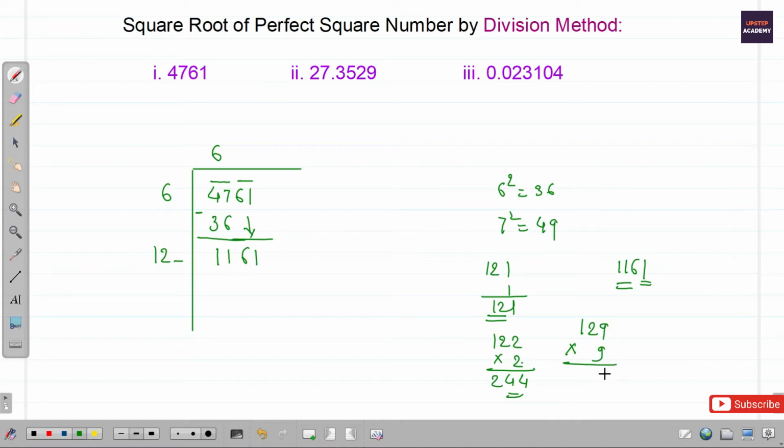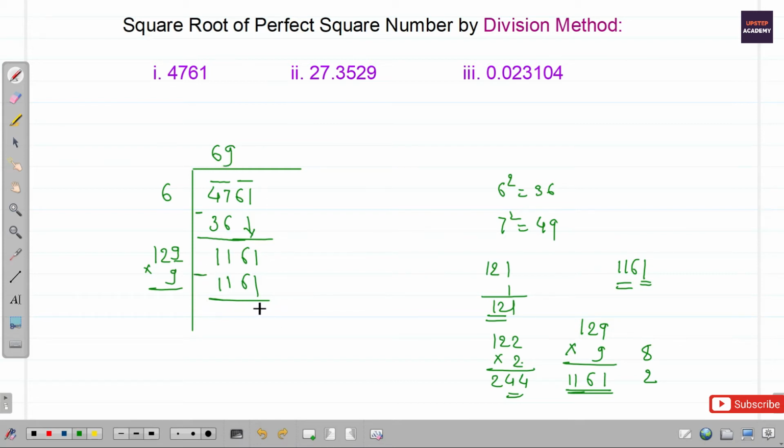Alright guys, 9 into 9 is 81, it comes over here. 9 into 2 is 18 plus 8 is 26. 9 into 1 plus 2 is 11. So we got 1161. It means the number we should write is 9, and we multiply this number by the same number, and whatever the multiplication of these, we write simply over here, which is 1161 as we saw, and the same number 9 we will write over here at the quotient, and here we will do subtraction.